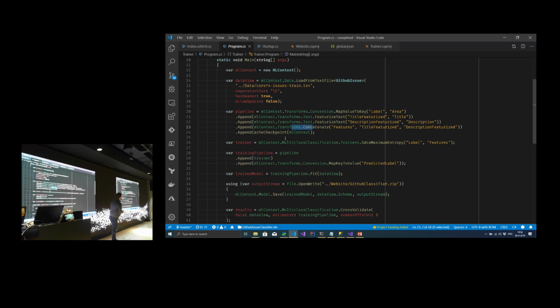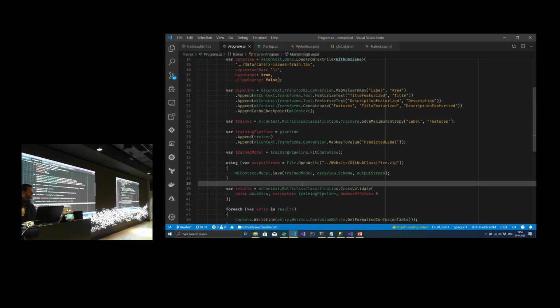So once you have this pipeline, you can add an estimator to it. And this is the trainer, and finally some output transformation. And this is basically it. This is what happens in ML.NET, even in automated machine learning. They build pipelines, they train the model, and then estimate how well it is doing. Maybe there's a better model, and try again and again. Does it make sense to people?